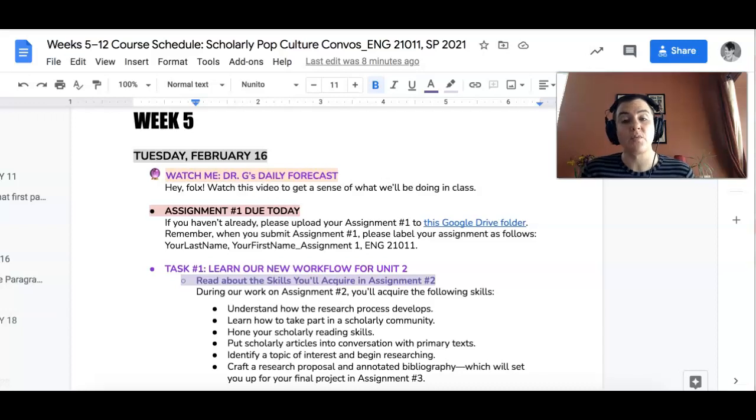The first thing: assignment one is due at the beginning of class. If it's not turned in at the beginning of class, it's late, but that is okay. Remember that my late policy is really generous. Basically, if you turn it in late, you aren't going to get anything counted off in terms of your grade. It just means that when I give you your graded feedback, you're just going to get a grade from me and not a whole explanation type thing, right? So it's not the end of the world, don't panic.